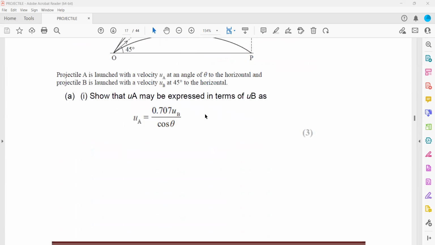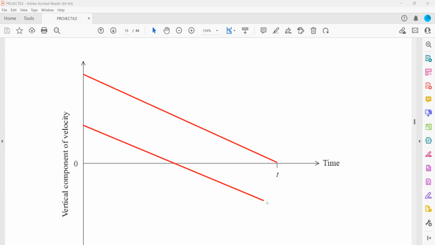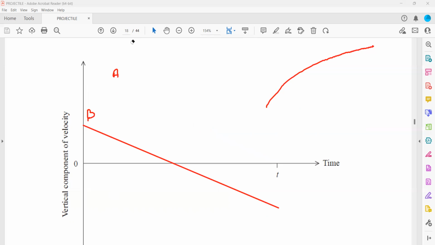So when we plot for A, which has a higher vertical component, this will be for A. And B will have a lower vertical component. When it is going up it is decreasing, then when it is coming down it will increase. So this one is for B, and this one is for A. Why? Because A was rising, so its vertical component was decreasing, but it cannot be zero, because it does not reach its maximum height. So even if I finish at this point,